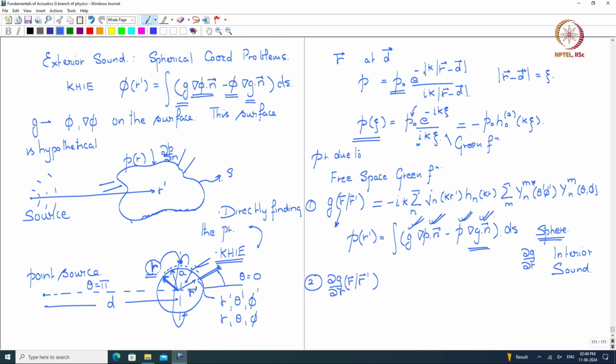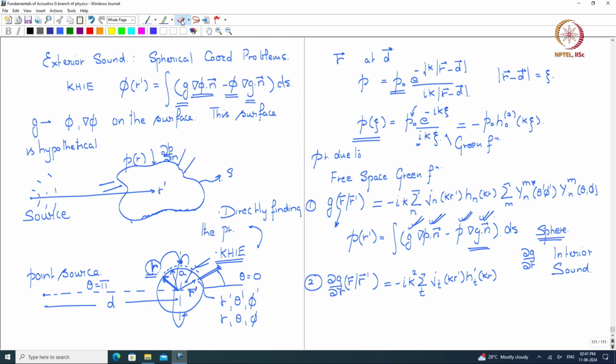Okay. So that becomes equal to, because I am going to use indices and multiply and so forth, I am going to change the index so that there is no confusion. Okay. So I have minus i k square, here I will use the index t, j t k r dash h t dash k r,